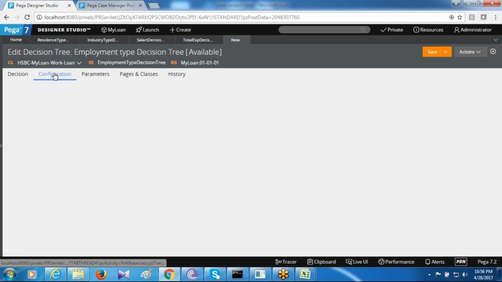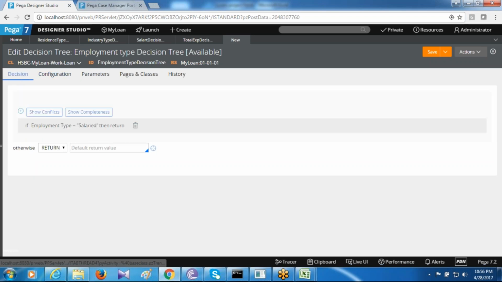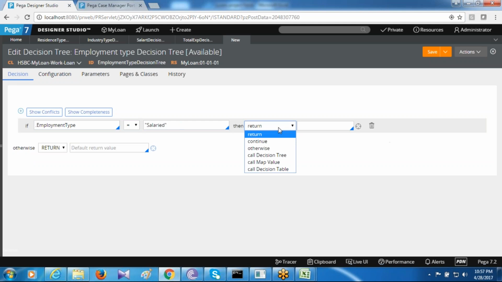Go to configuration, and here look at this, the option allow selection of call decision. This we need to check so as to call a decision table from a decision tree. This is the option you need to tick. Now go back. Employment type equal to salaried, then return. Look at this. We got